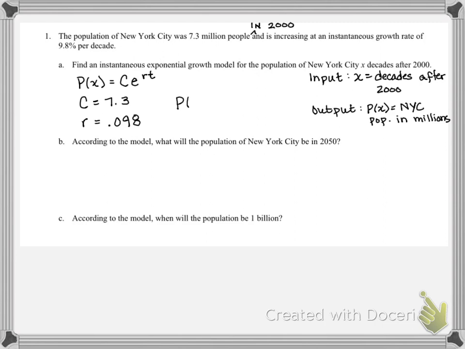So we have P of x equals 7.3 e to the 0.098 x. And on the test, there's a couple things that I don't give you in the notes because I'm here to say them out loud. But on the test, I'll give you the model. So when I say to write an instantaneous exponential growth model, I'll tell you that it should look like this, just so there's no ambiguity about if you should be doing C times a to the t or if you should be doing C times e to the rt. So